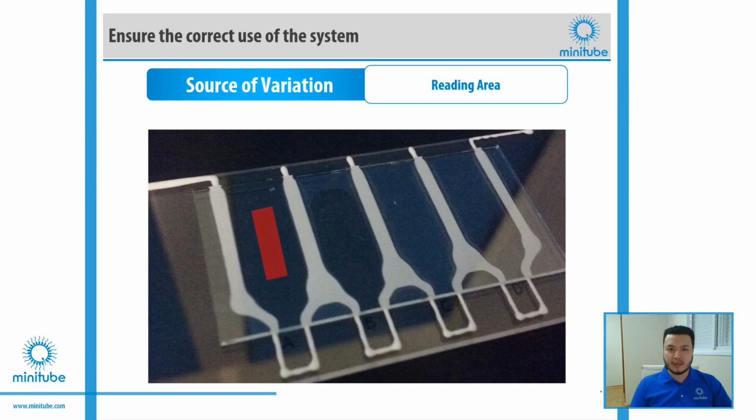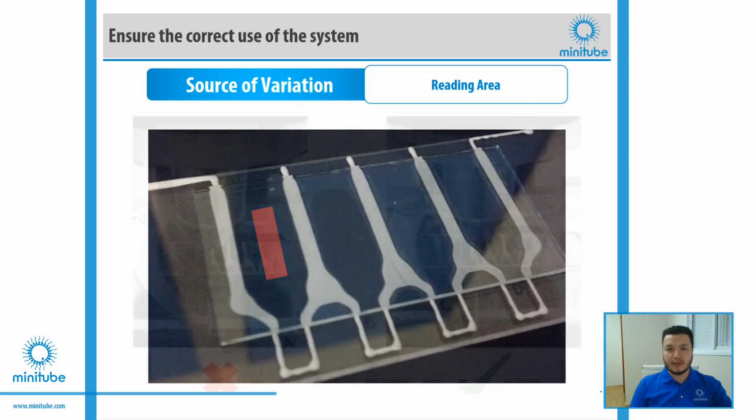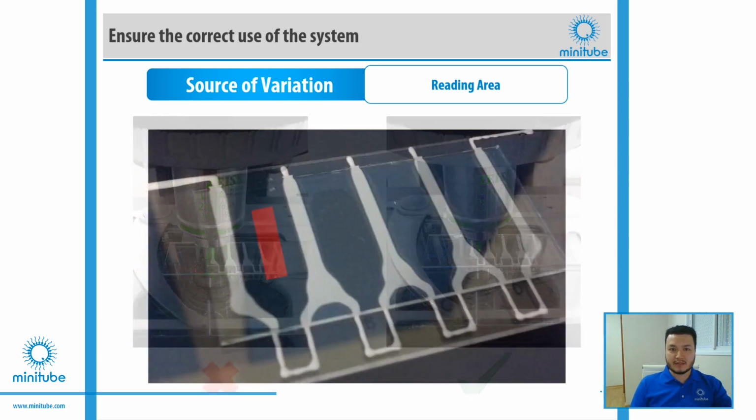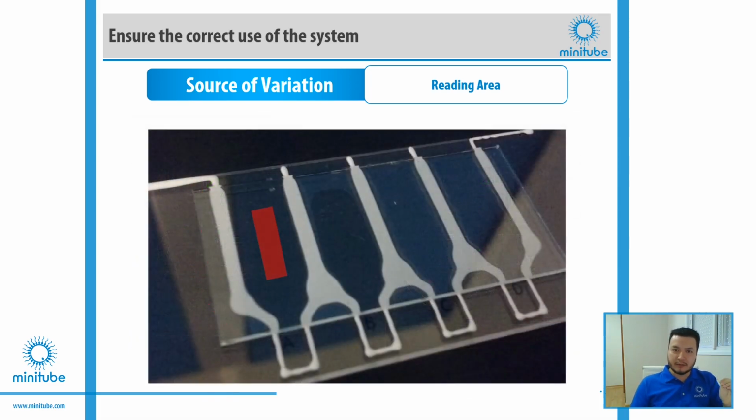Reading area. Only use the central part of each chamber to take the fields that you need in your analysis. Avoid measuring areas close to the edges because sperm tend to accumulate in these areas, disturbing your motility and concentration results. Besides that, start the first field from the upper part of the chamber, which is far from the filling area, and then go down analyzing the other fields. This will prevent you from analyzing the same sperm cells.